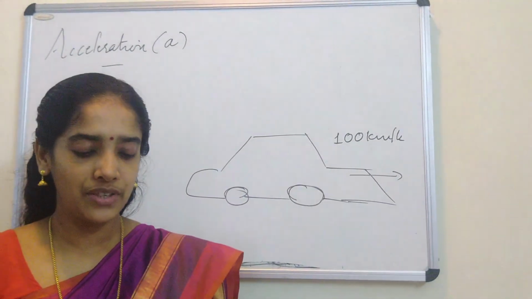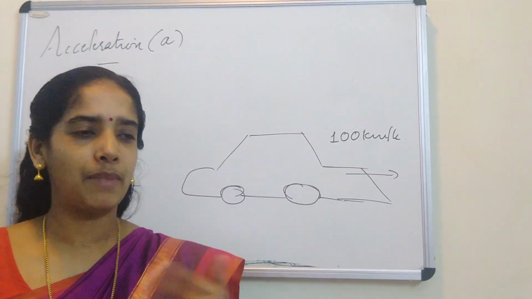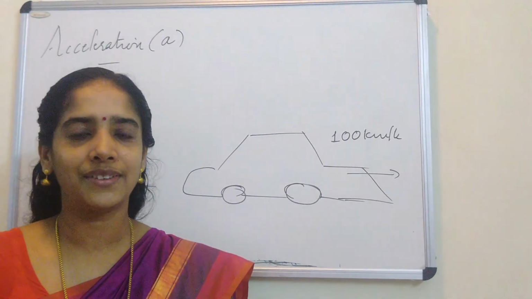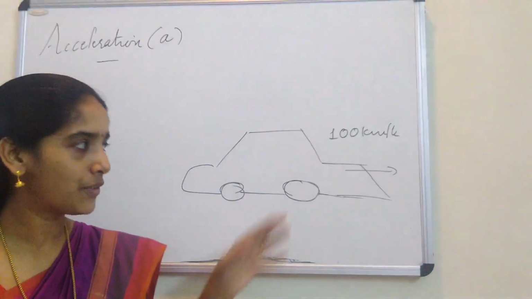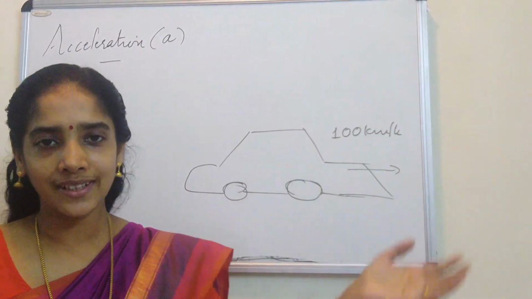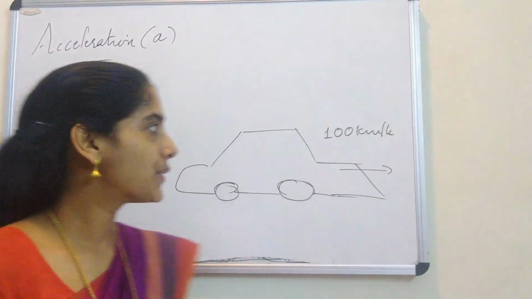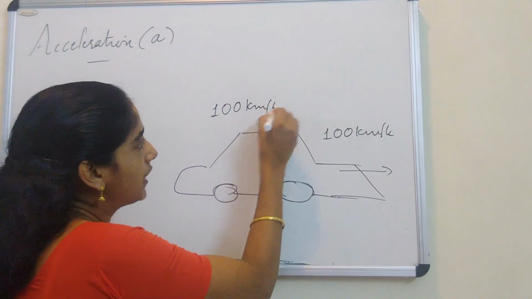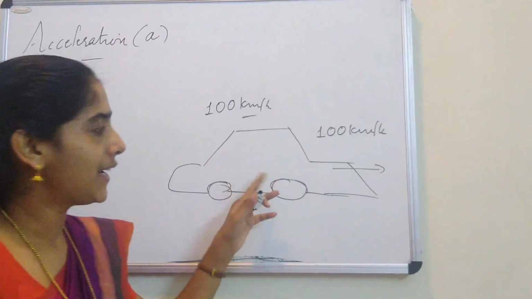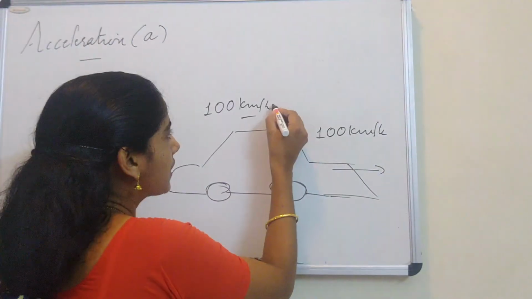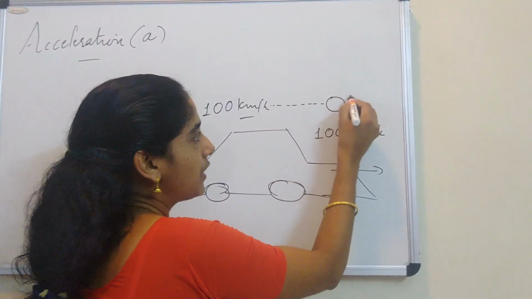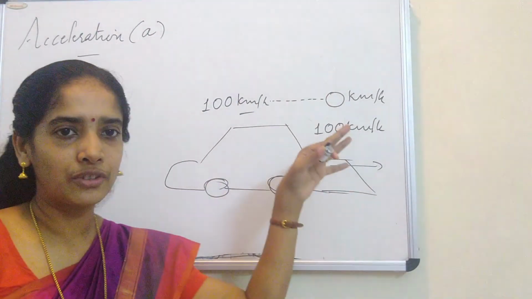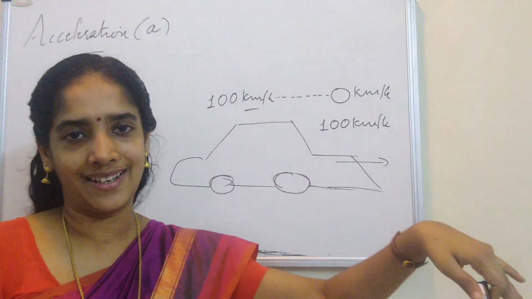Suppose we are tired of the journey. Imagine that we started our journey in the morning and we want to have a break. So we have to stop the car, and for that we have to apply the brake, right? Here our car was going at a speed of 100 km per hour, heading towards Mumbai. As you apply the brake, what happens to the velocity of the car? It decreases. Finally, the velocity comes to 0. That means we stopped the car. So what is the role of the brake? It decreases the velocity of the car.